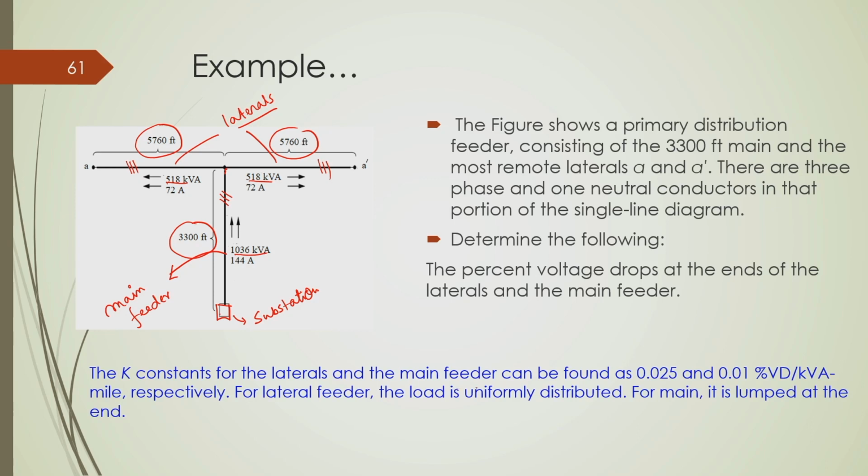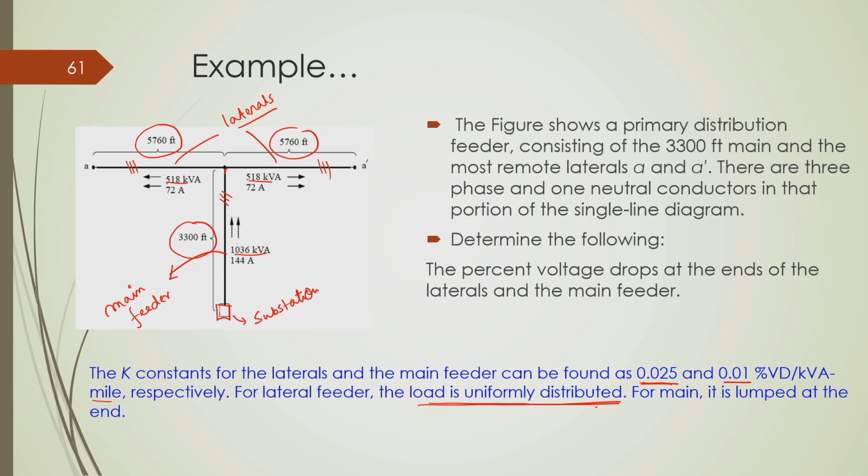So, it is also mentioned what the value of the K constant is. The K constant for laterals is given to be 0.025 percentage voltage drop per kVA mile. For the main feeder, the K value is given as 0.01 percentage voltage drop per kVA mile. And it is also mentioned that for lateral feeders the load is uniformly distributed,